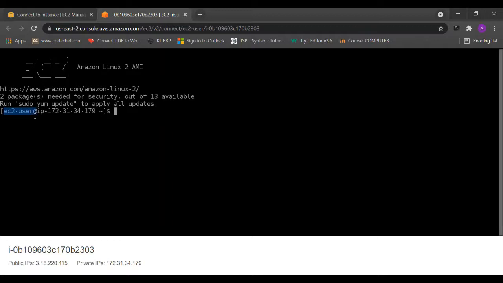For that the command is sudo su, so that you can change from user mode to root mode. Now you can give whatever you want here. And now the command is to update.